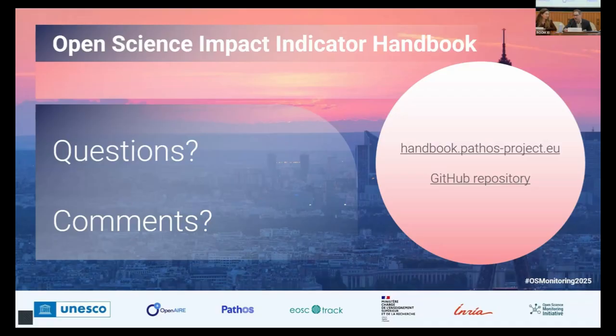So perhaps two aspects related to this. The first is that we do try to cover some of this in the indicator on societal issues, which does look at broader, how do we get from societal issues to trying to see where is science used in societal issues. The other is not necessarily directly related to the PathOS project, but I think that one aspect that is useful for studying these types of,